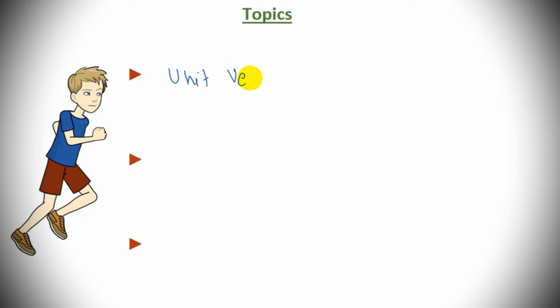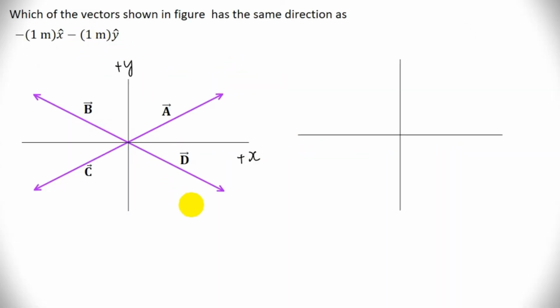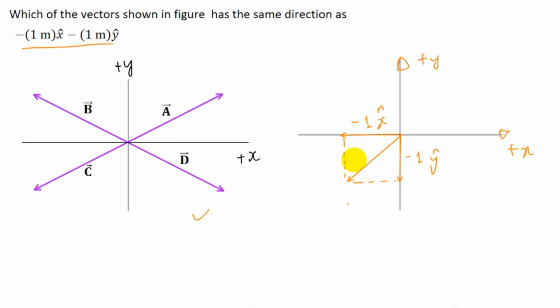The unit vector. Multiplying the unit vectors by scalar. Which of these vectors has the same direction as that of this vector? So this vector has same direction as that of